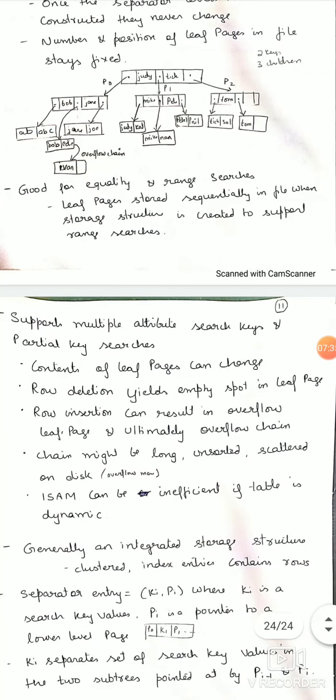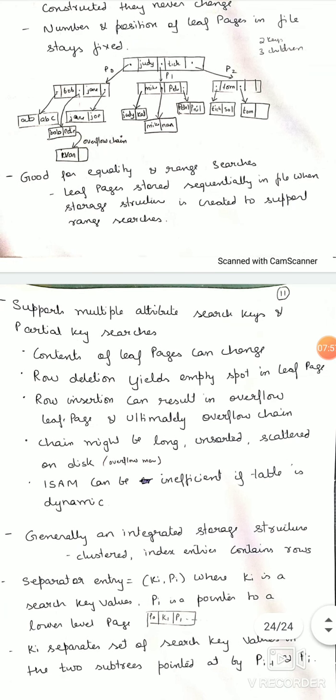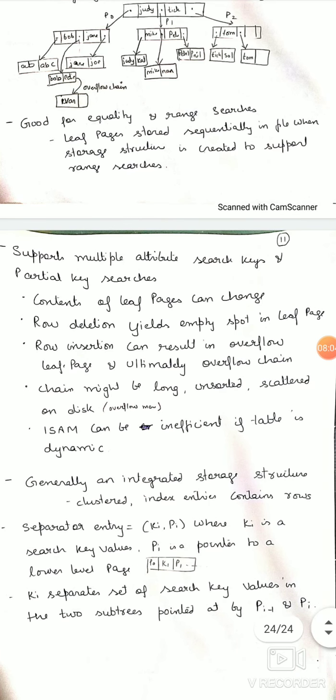The contents of a leaf page can change means the last level of this tree structure, the last level is called the leaf nodes. So here the order might change. If you are adding any one particular node, again you are going to check where exactly the node should come based on the ordering. That is, here it is in ascending order. So you're going to check accordingly by jumping in the pointers and place them at the appropriate level. So the contents of the leaf page can change whenever you're inserting.